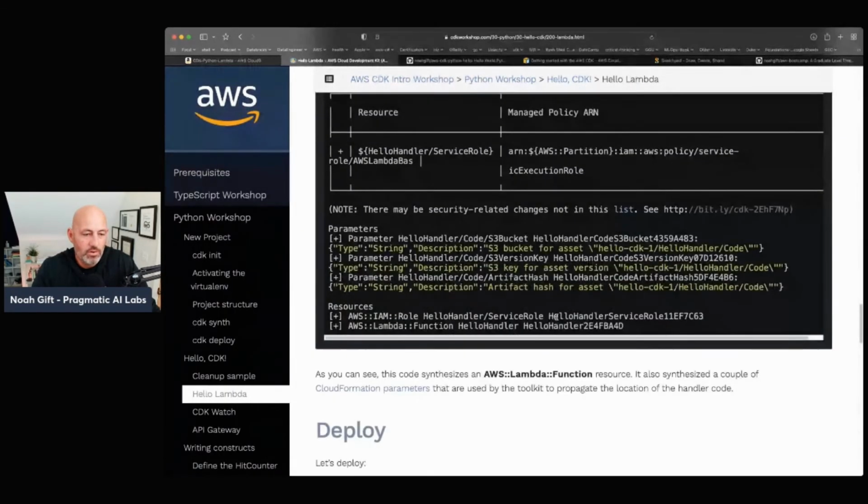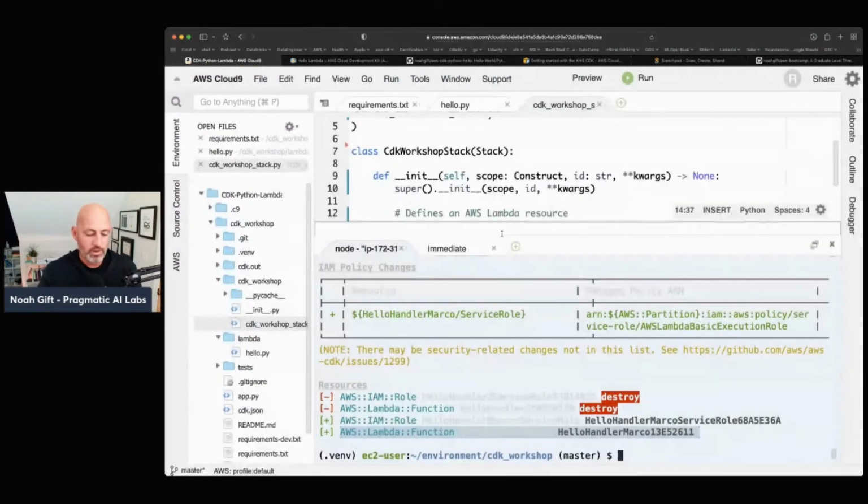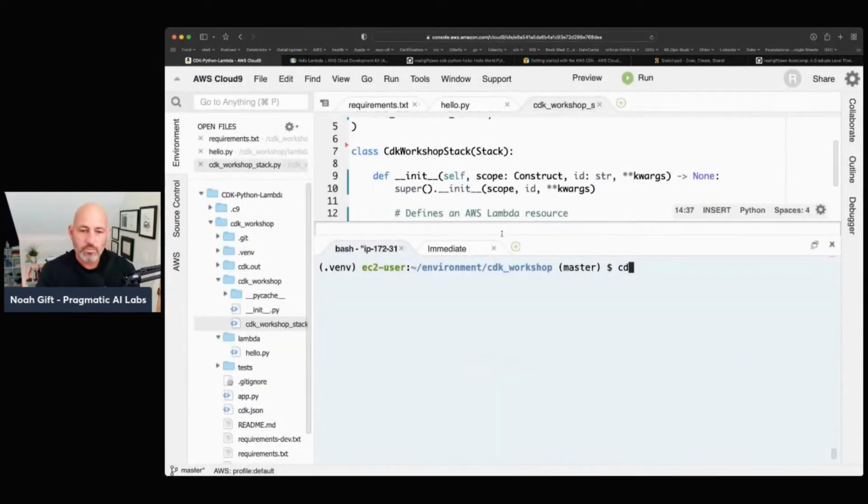Now we can do a one-liner. So this is where the build system in the future with GitHub Actions or AWS CodeBuild or Jenkins or whatever it is you want to do comes in handy. You just type in cdk deploy. So that's your build step. cdk deploy, build and deploy. Let's go ahead and deploy this thing into production.